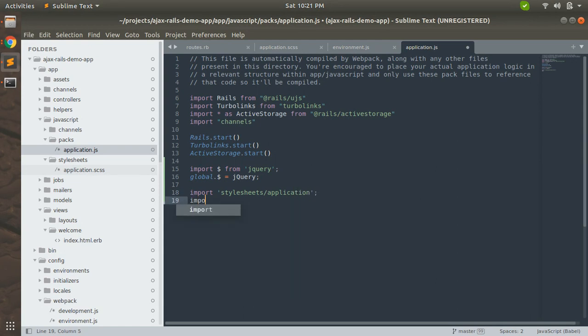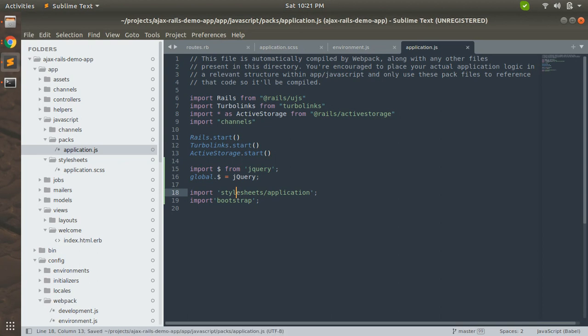Now we will add Bootstrap, import bootstrap. Sorry, this will add Bootstrap JavaScript, this one, line number 19, adds Bootstrap JavaScript, and this line will add Bootstrap CSS to our application.